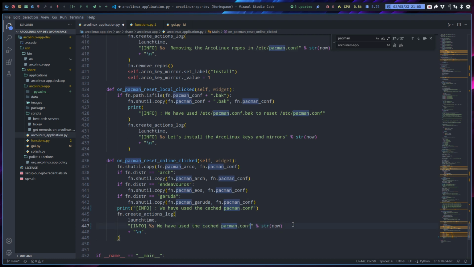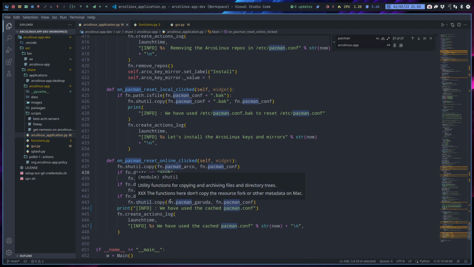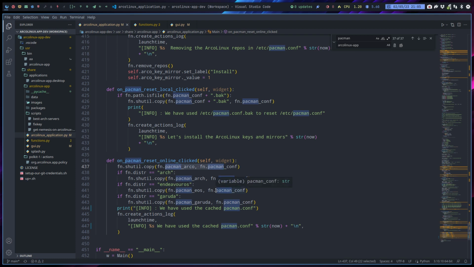And now people will ask, what's the cached? What does it mean? We've used the cached pacman.conf. So we should test it on Arch. If I test it on Arch, first I'm gonna overwrite it with ours. Then it says, oh no, I'm on Arch, I'm gonna overwrite it with Arch. It will not overwrite with EndeavourOS, will not overwrite with Garuda, and the same way for the other 3. And if it's on something else, it will have this one, right? It's better than nothing. It means that you have Arch repos again, and then ArcoLinux, of course,